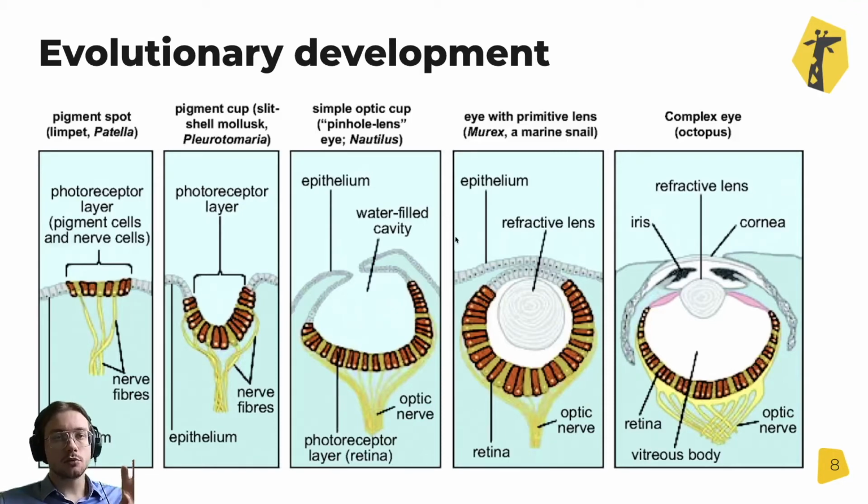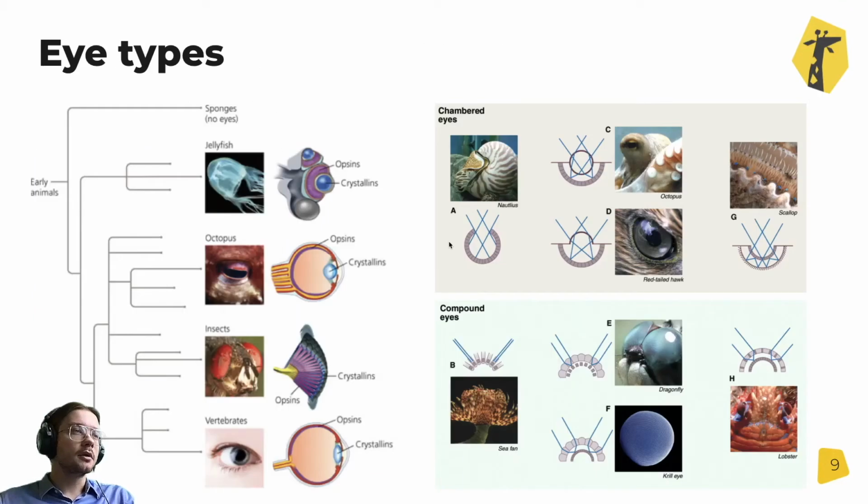So this is a human-like chamber eye, and in fact, all the eyes of animals could be divided into two big groups. The first one is chambered eyes, which I already described a bit, and the second one is compound eyes, which is common for insects and for different forms of life. This is the scheme that demonstrates the structure, and we'll mostly speak about chambered eyes because compound eyes, in fact,